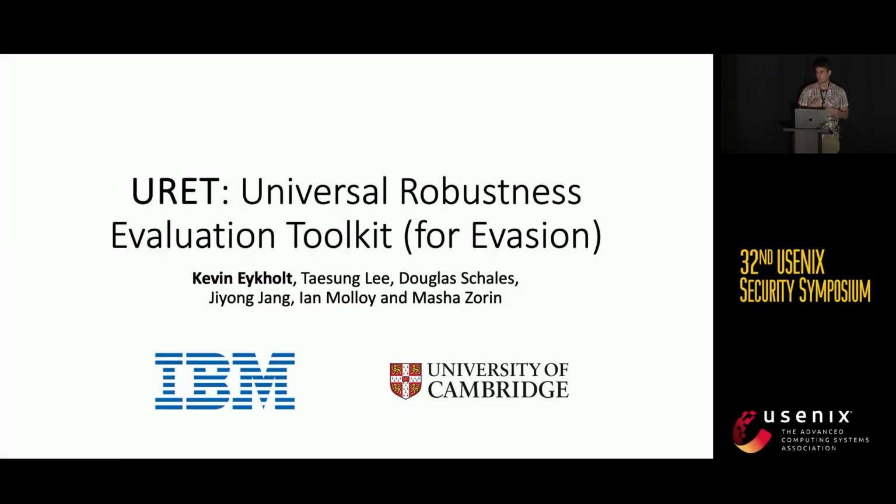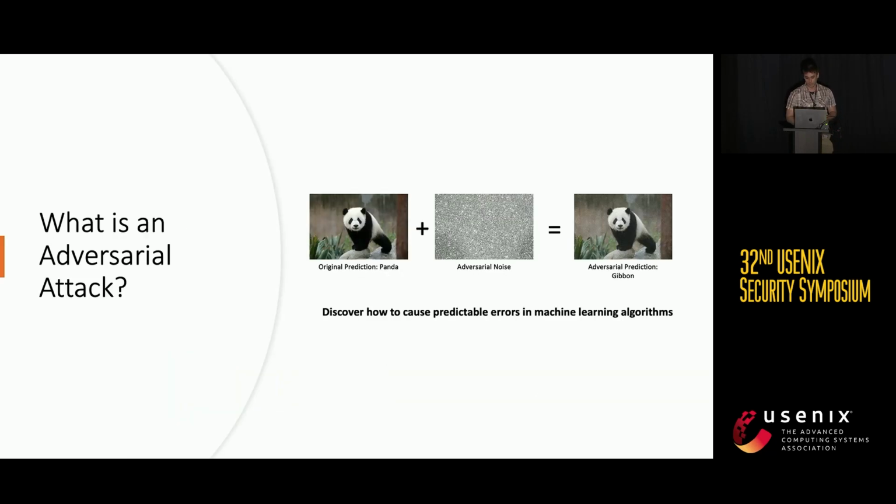I'm going to be talking about the tools we've designed to create generic adversarial attacks. I'm sure everybody at this point is familiar with what they are. We want to make errors in machine learning models. But there's a bit of a problem with this from kind of a practical perspective, as we've heard in some